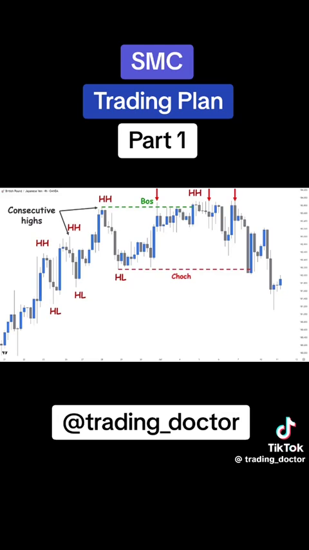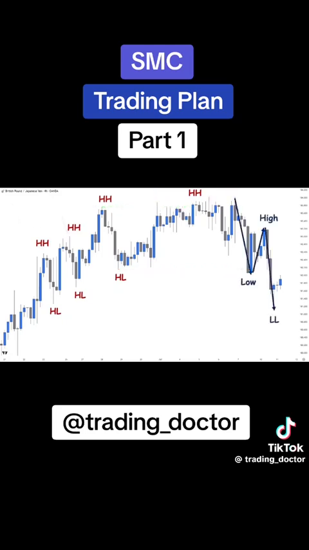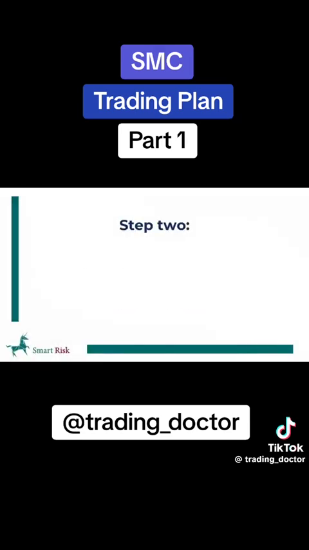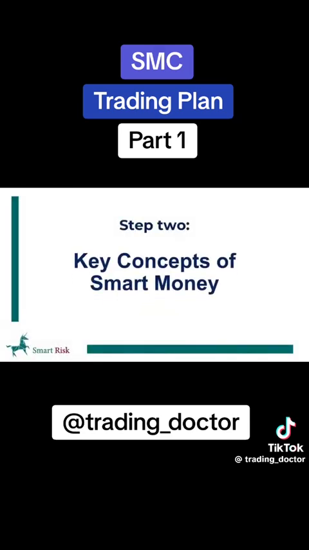Now we are no longer in an uptrend, and all we need to do is wait for a 1, 2, and 3 moves to the downside to identify the direction as bearish. Then, we mark the most recent key levels and look for short opportunities. Now this is all we need in the first step, identifying the market direction and key levels. Let's continue with the second step, key concepts of smart money. This step will identify fair value gaps